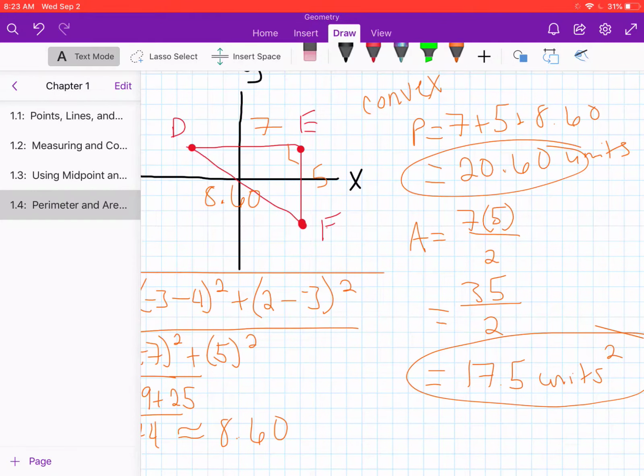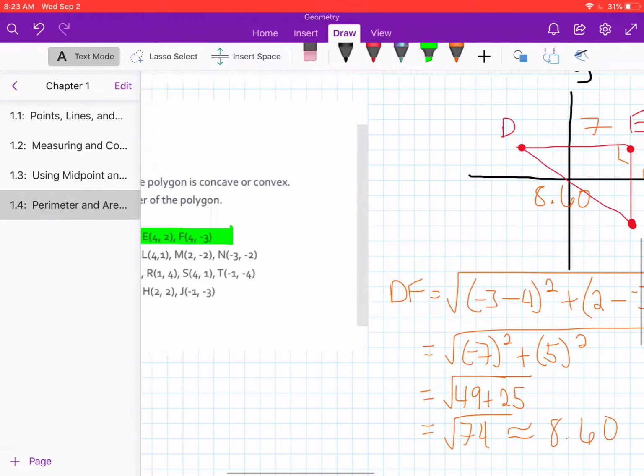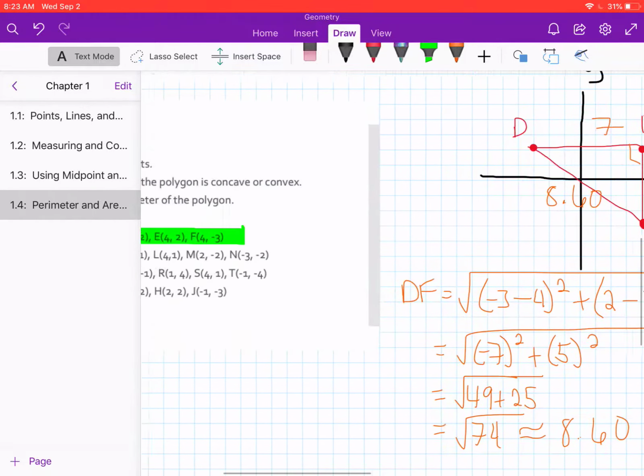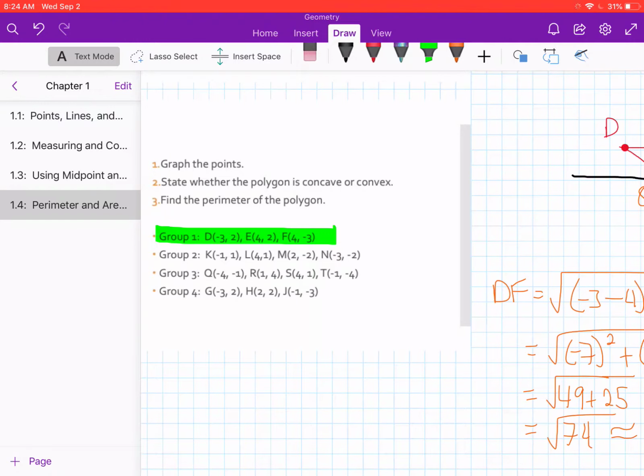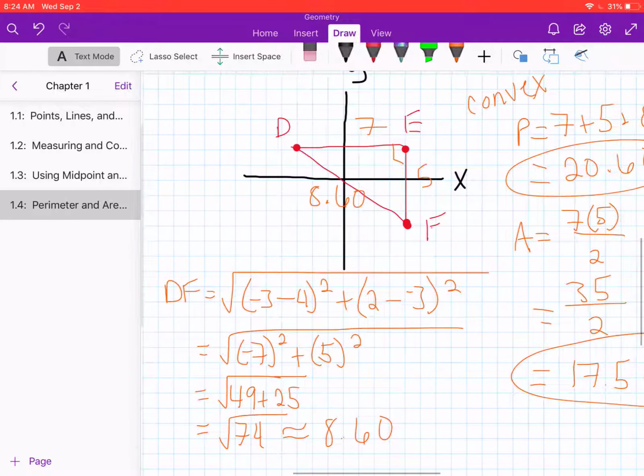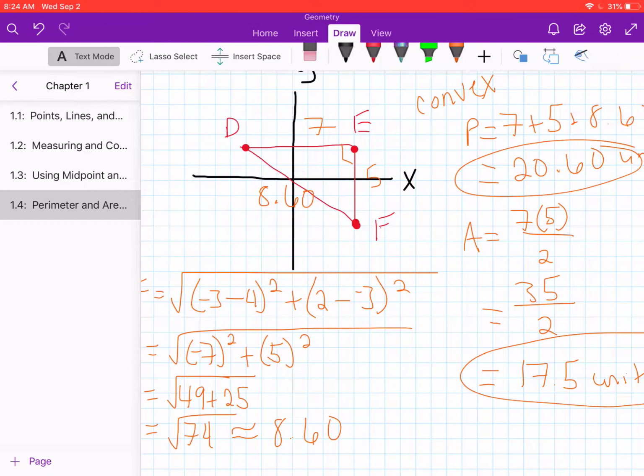This might become a little bit more tedious or difficult if you have a quadrilateral and none of your lines are straight, horizontal, or vertical. So you might be doing 4 distance formulas, but that's just more practice for you. So remember, perimeter, area, you need to